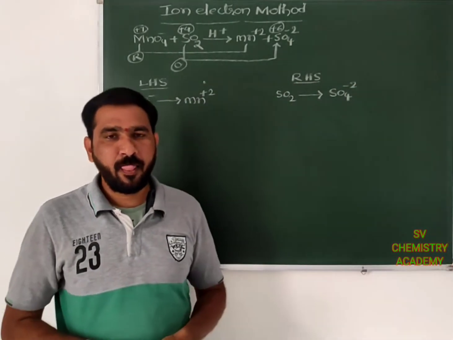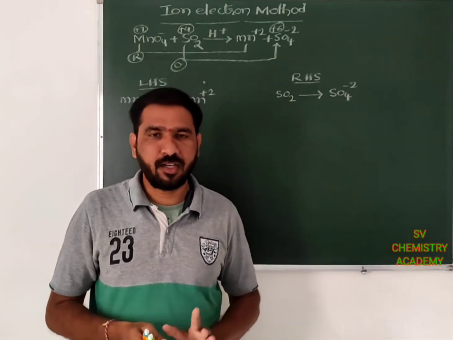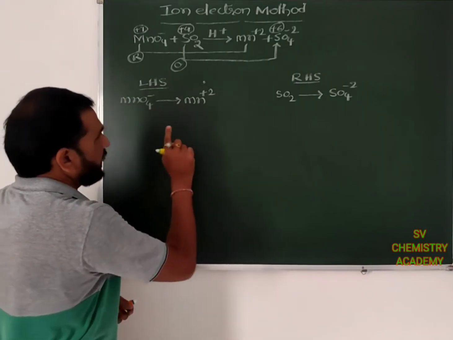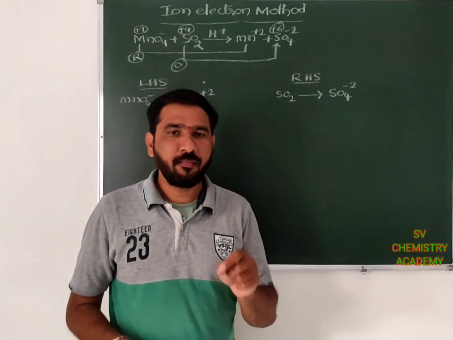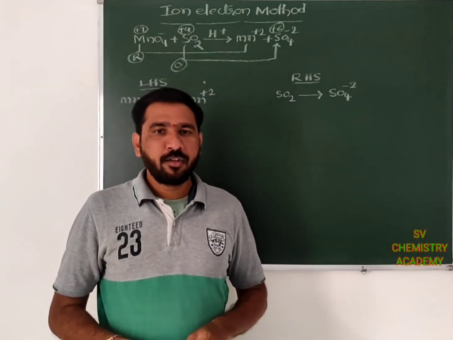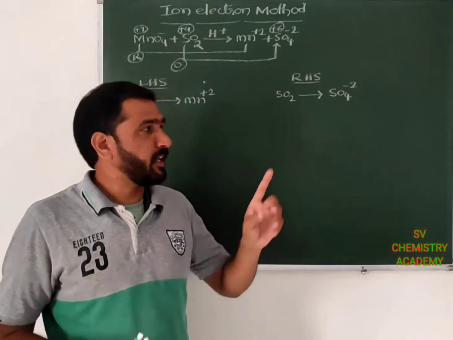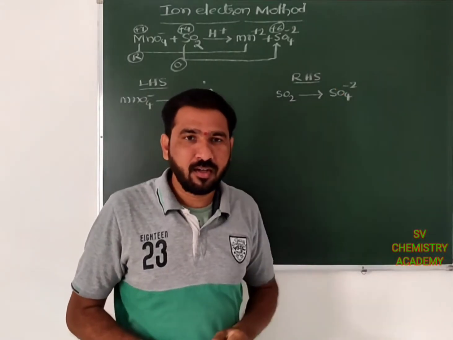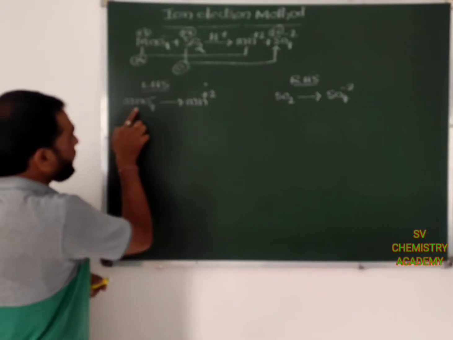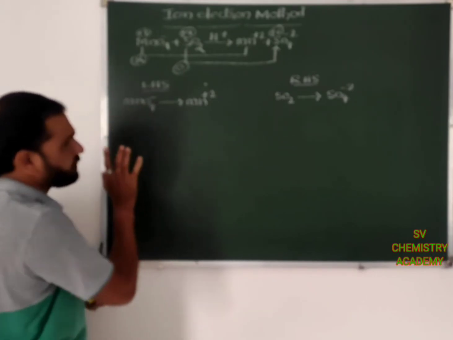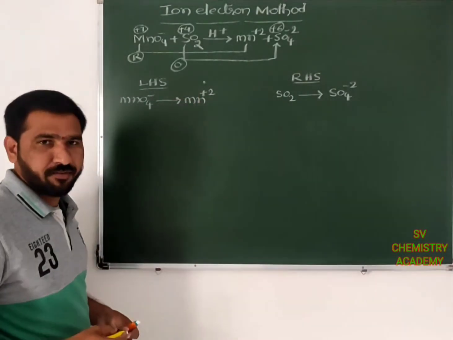Okay? After that, balancing of atoms other than hydrogen and oxygen. On the left side manganese is identical, and on the right side sulfur is identical. Then, balancing of oxygen. To balance the oxygen in an acidic medium, we need to add water. Recall that 8 number code, right? H2O we need to add. Then coming to the reactant side, LHS, here MnO4 minus has 4 oxygens on the left side but 0 on the right side. We need to add water molecules to the product side, the deficient side.